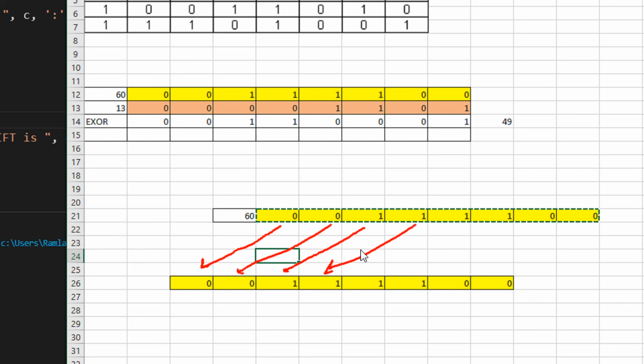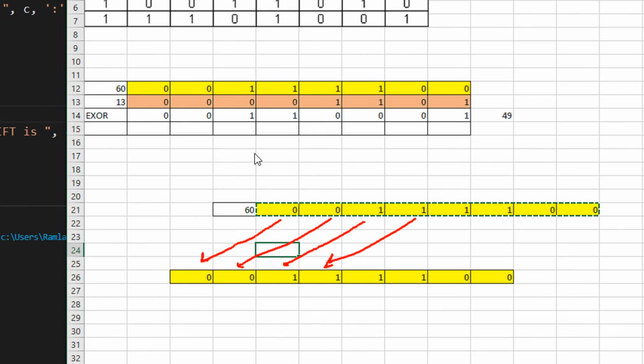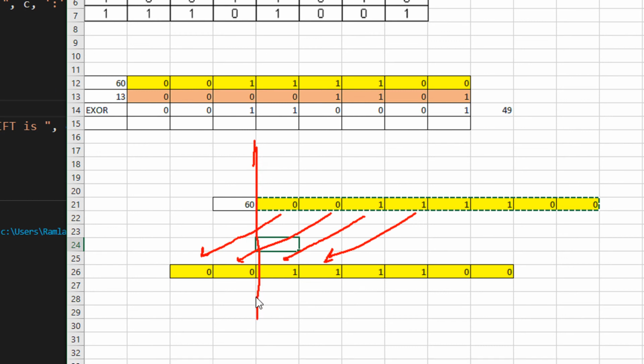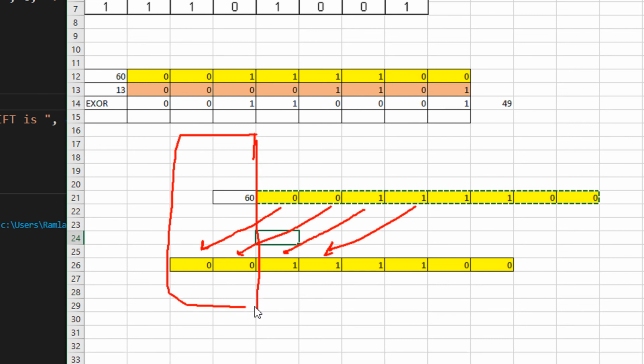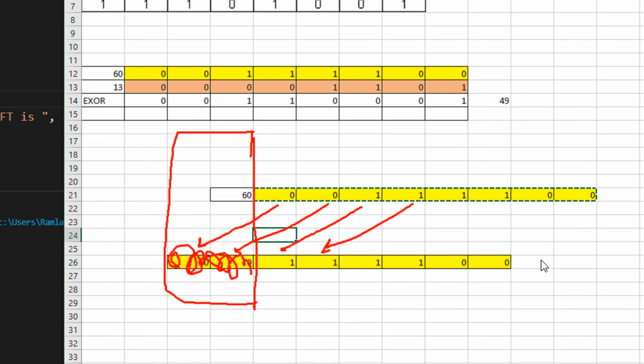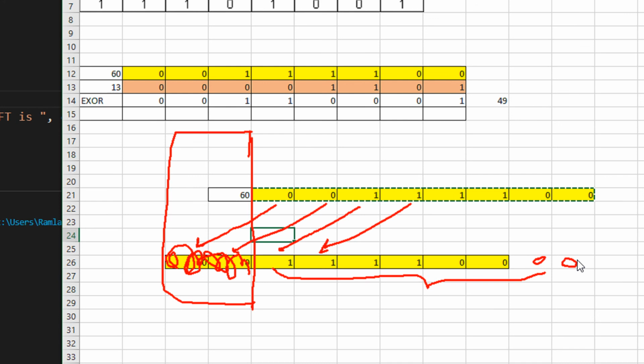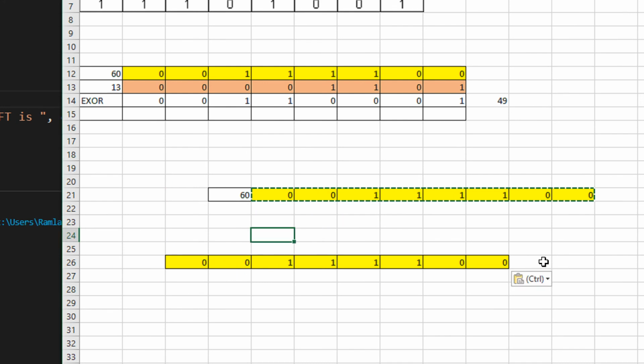And when you shift this, what happens is, the original number was having this boundary, so we get this information as lost information. Now this information is lost, right? But now we have blank space in the end, it gets filled by zeros, right? And this is our new number, 11110000, right?